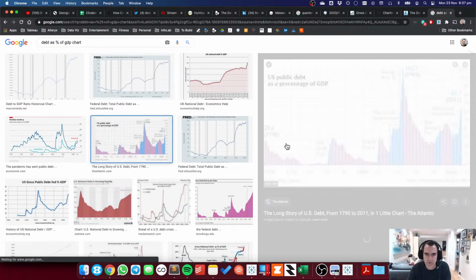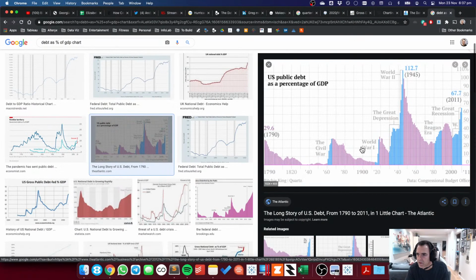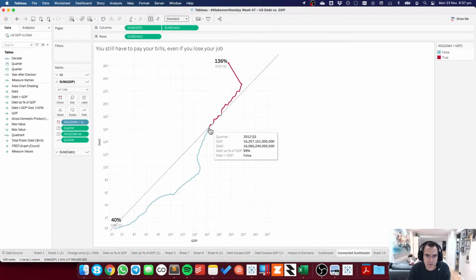So this one has the Great Recession. Okay, so let's see what happens here. So this is 2012 Q4 through 2015 Q3. Okay, so this is kind of the financial crisis.